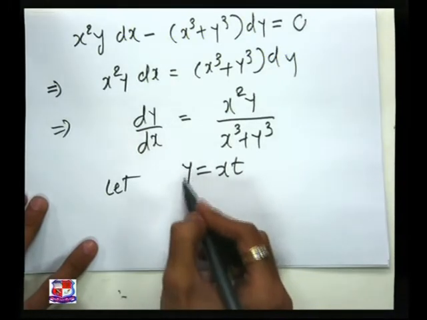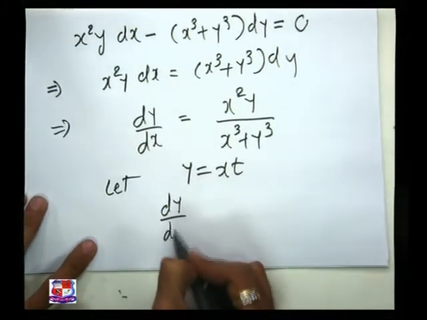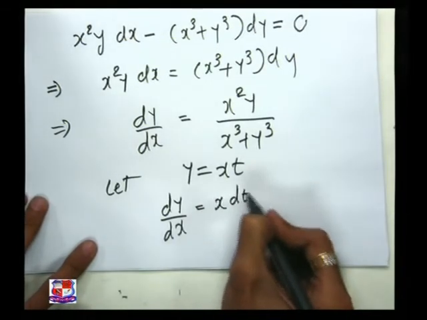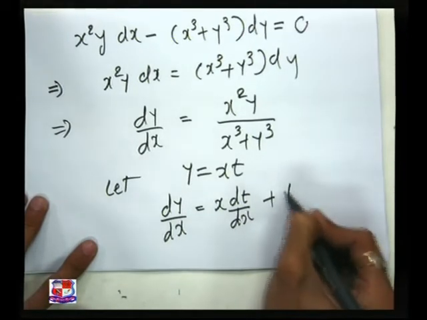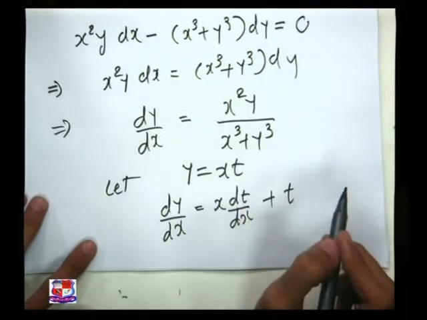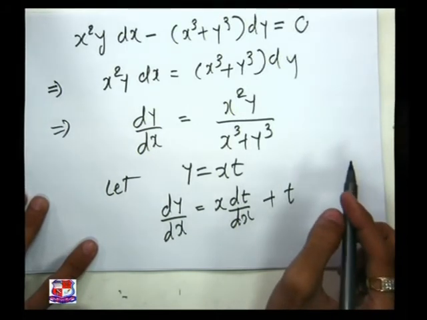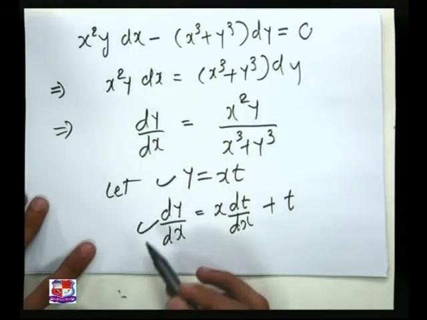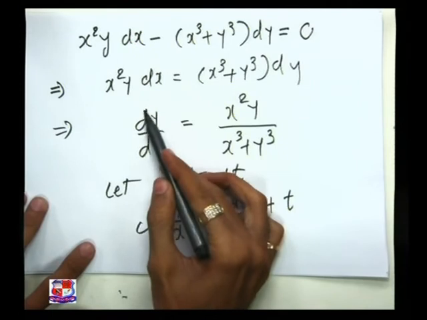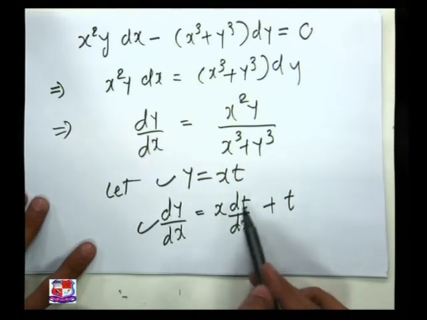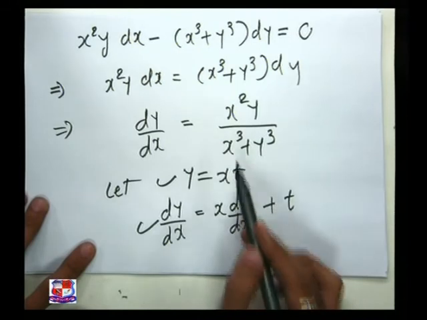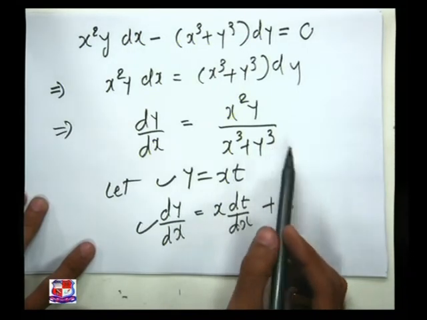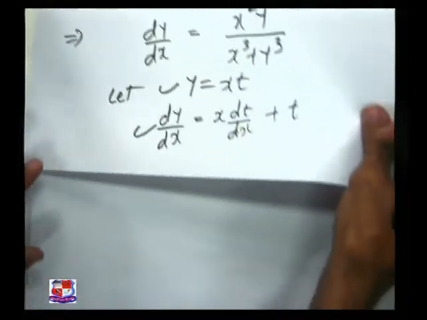If I differentiate with respect to x, then I will get dy by dx is equal to, here x is as it is and the differentiation of t is dt by dx, plus t as it is and the differentiation of x is equal to 1. So dy by dx is equal to x into dt by dx plus t. And if I put both these values in this equation, here I will put dy by dx is equal to x into dt by dx plus t, and here I will put y is equal to xt, and here I will put x cube t cube. So by putting all these values I will get